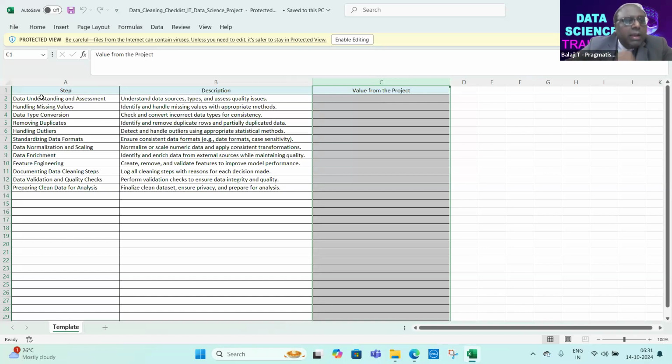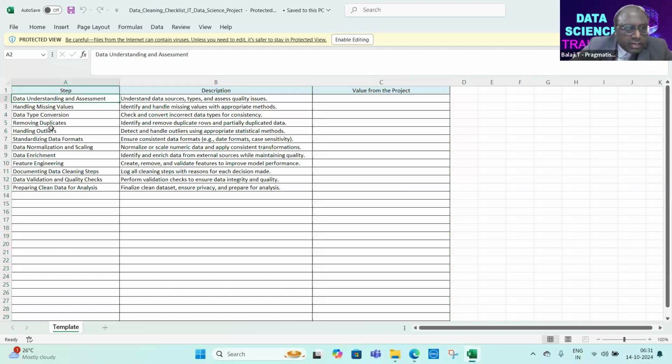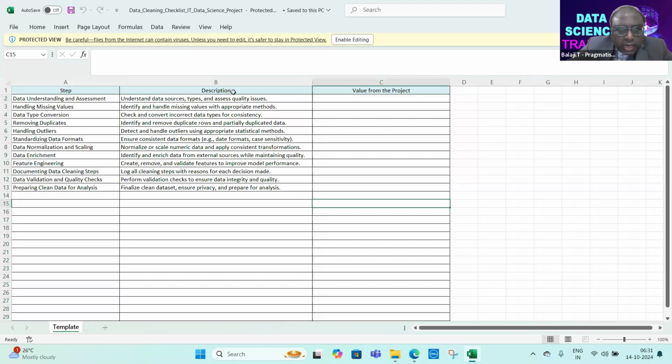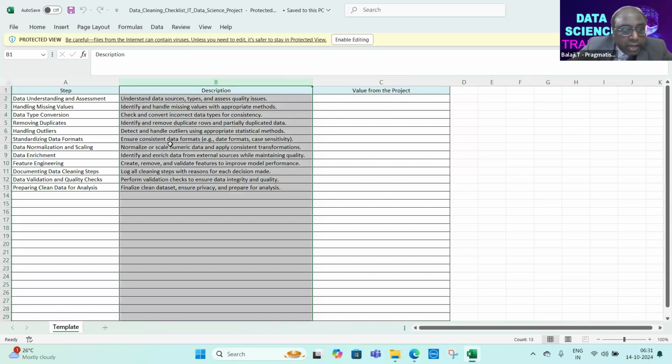You need to tell these points: data understanding and assessment, how to handle missing values, data type conversion, how to remove duplicates, and how to handle outliers. These are the variables. Of course, the value for the variable will come from the project. If I just put A and C, you cannot understand what this is, so I have created a B column to explain it. Simple and very straight to the point.